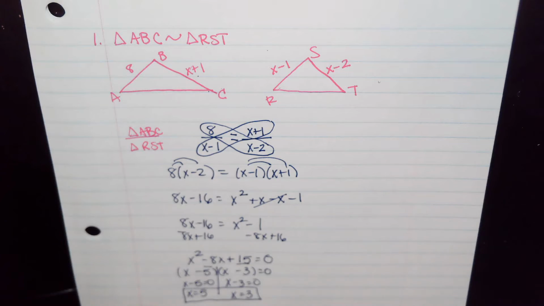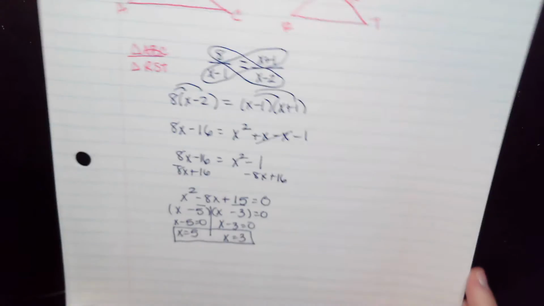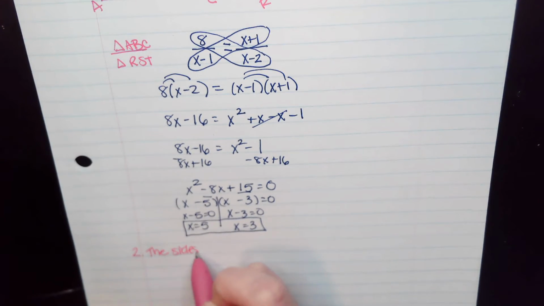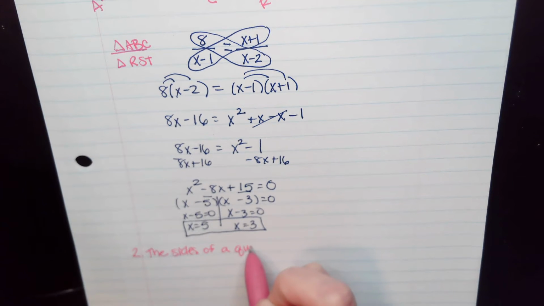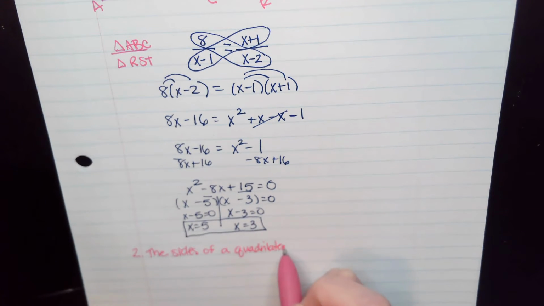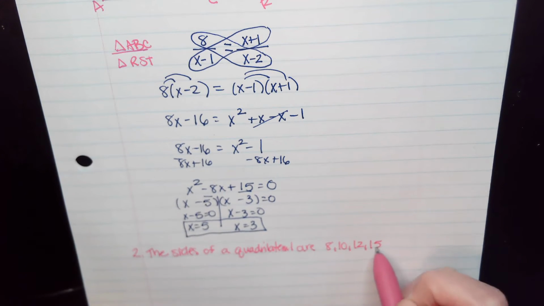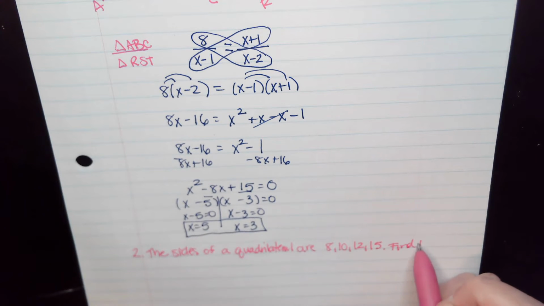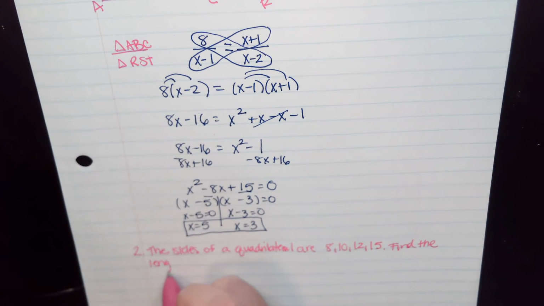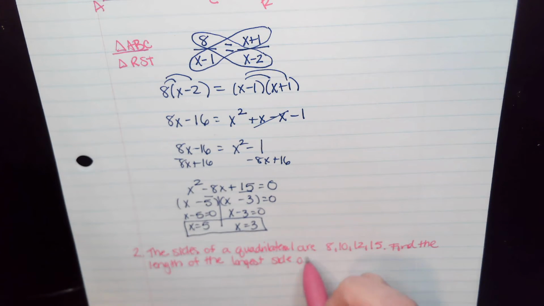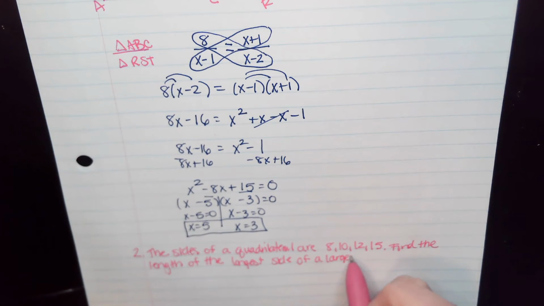All right, let's look at another question. So this one says, the sides of a quadrilateral are 8, 10, 12, and 15. Find the length of the longest side of a larger, similar